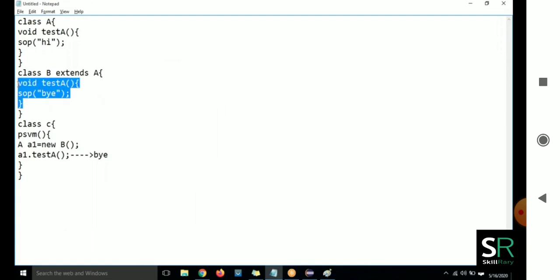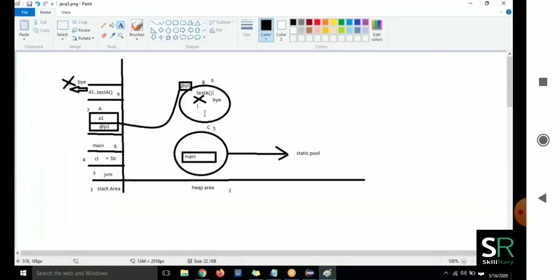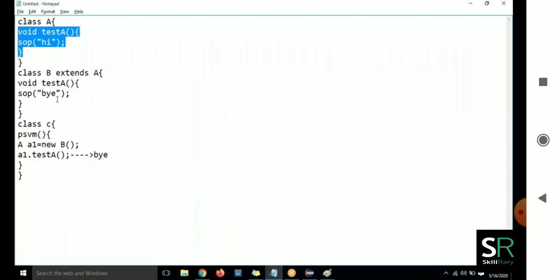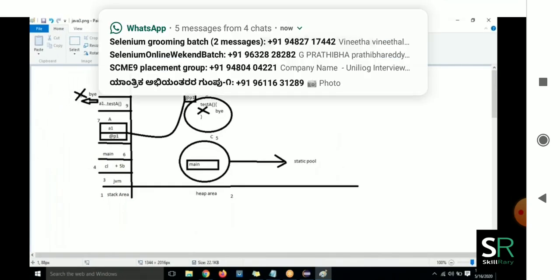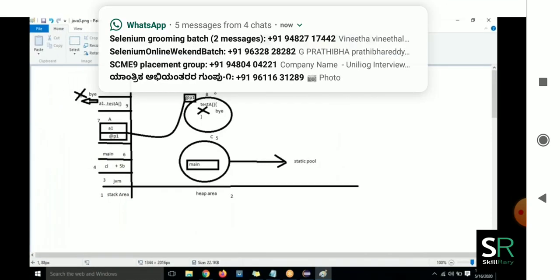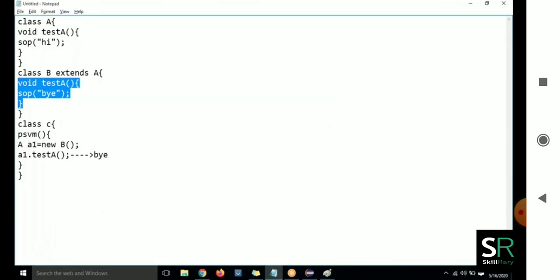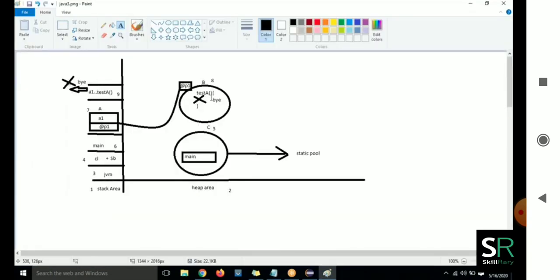First, because of the super keyword, the A class constructor will be loaded. Then since the method name and signature are the same, it will load the same method in the same place, and that address has been assigned to reference variable A1.